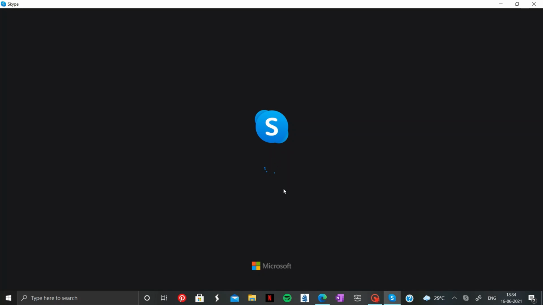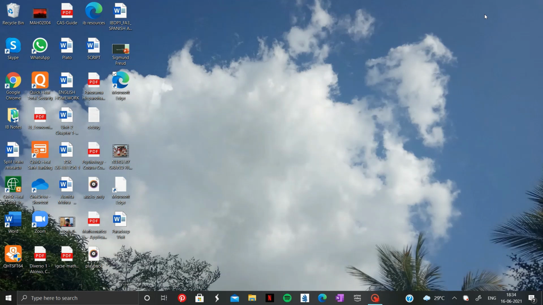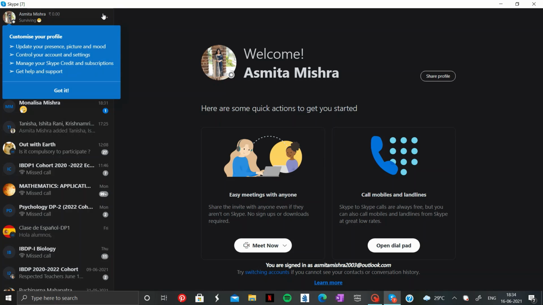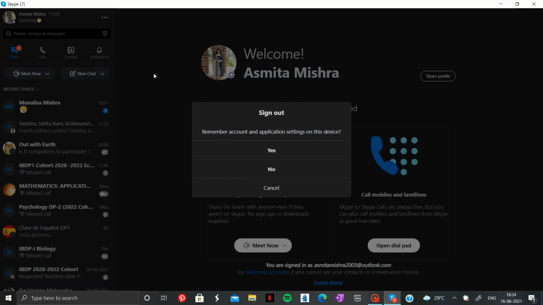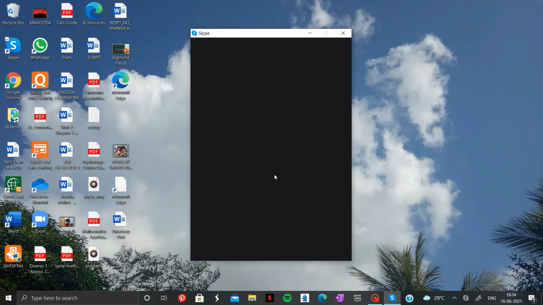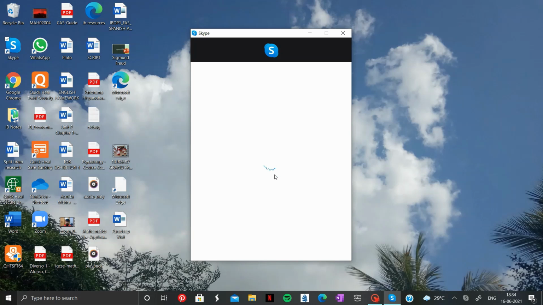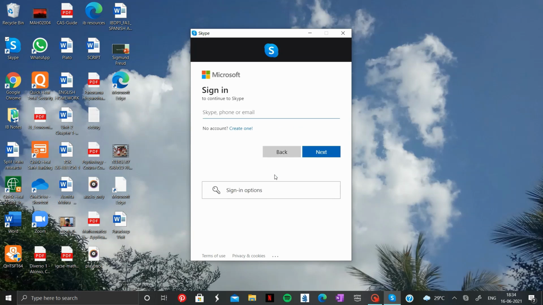Done. We have installed the Skype app. Now we'll exit all the pages and I'll show you how to use it. Now you'll go to Skype, and I'll teach you how to sign in. Once you open Skype, you will get something like this. You have to click on add another account, add an account, or sign in. You will get the option. Now I already have an account, so I'm going to use this to add my Skype.